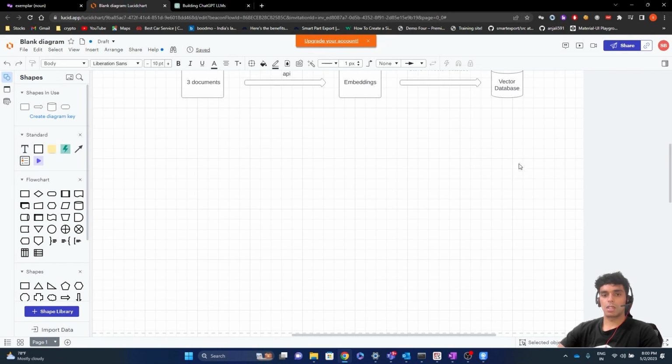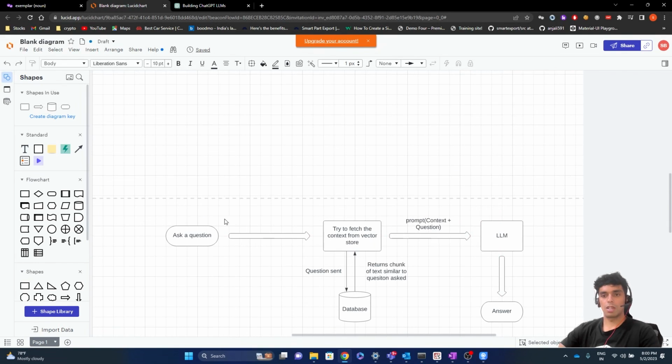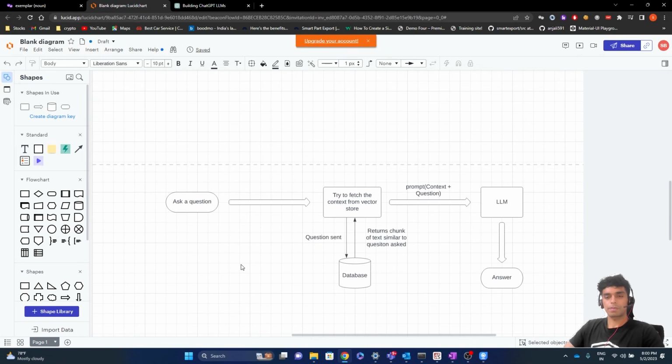Once we have that vector database, the user will ask a question. The question could be anything. It could be summarize my chat, or something interesting like what birthday gift I should buy for my mom after looking at these chats, or reply to my mom if she asks me this. So it has multiple applications, anything you can imagine. You can ask it.